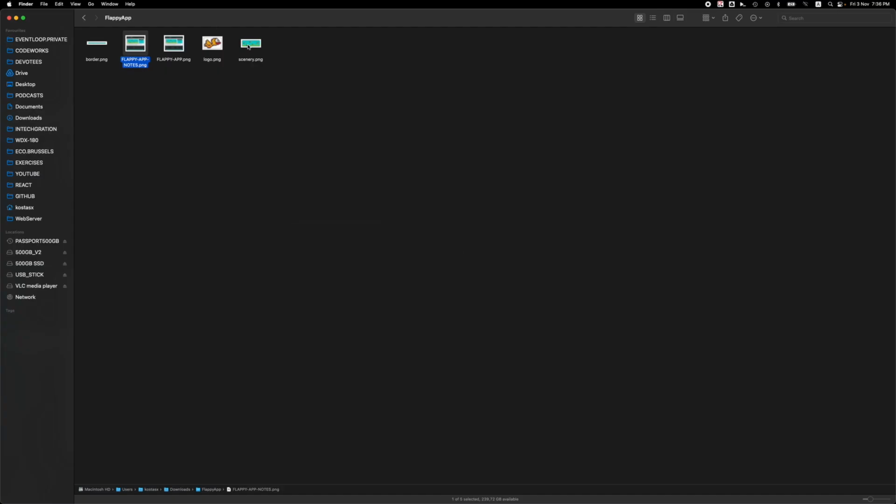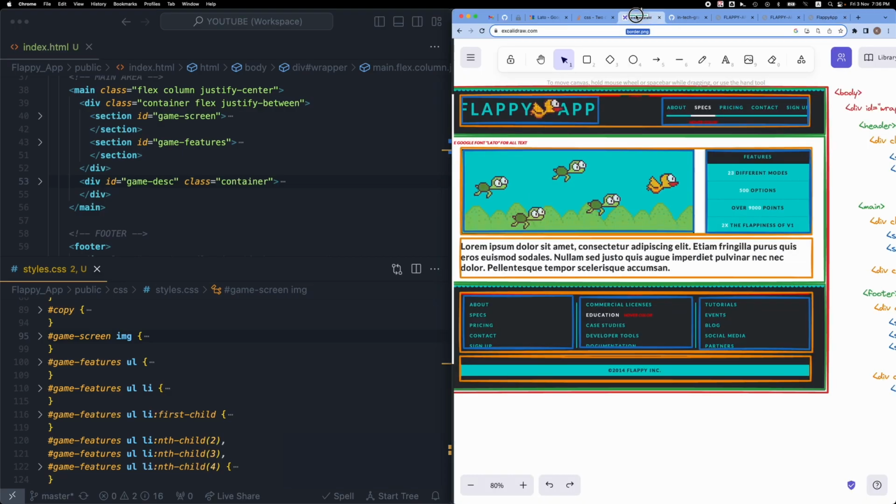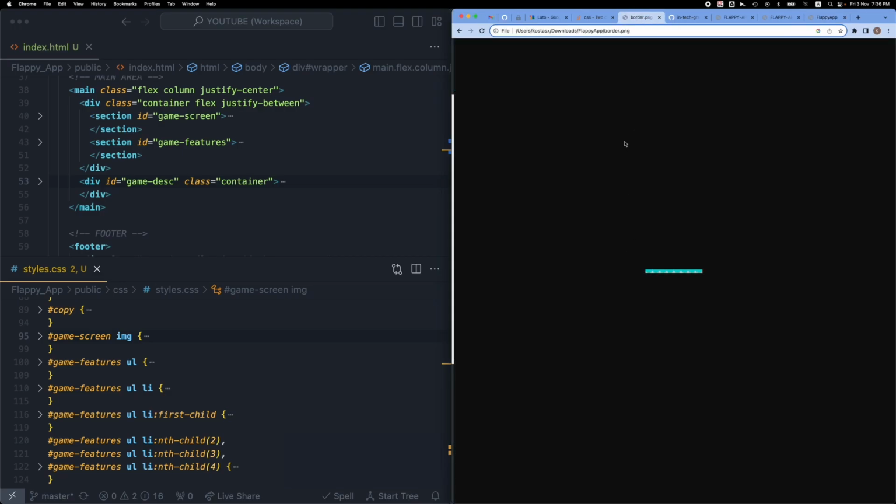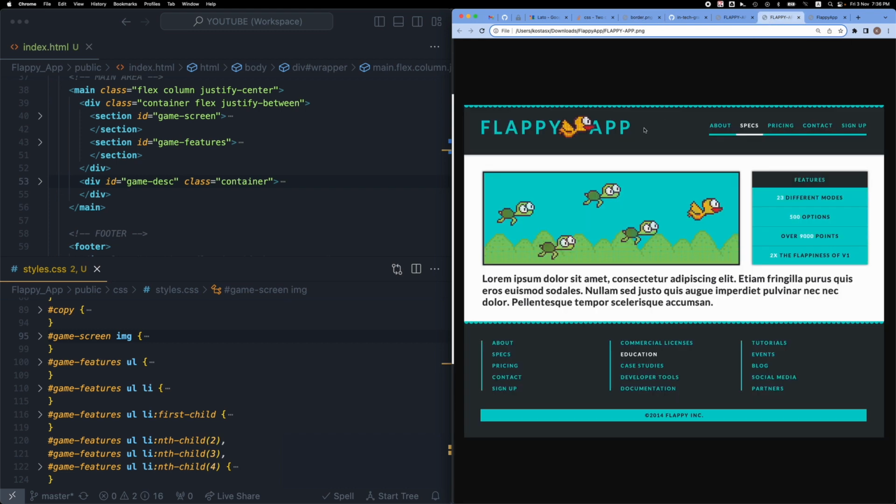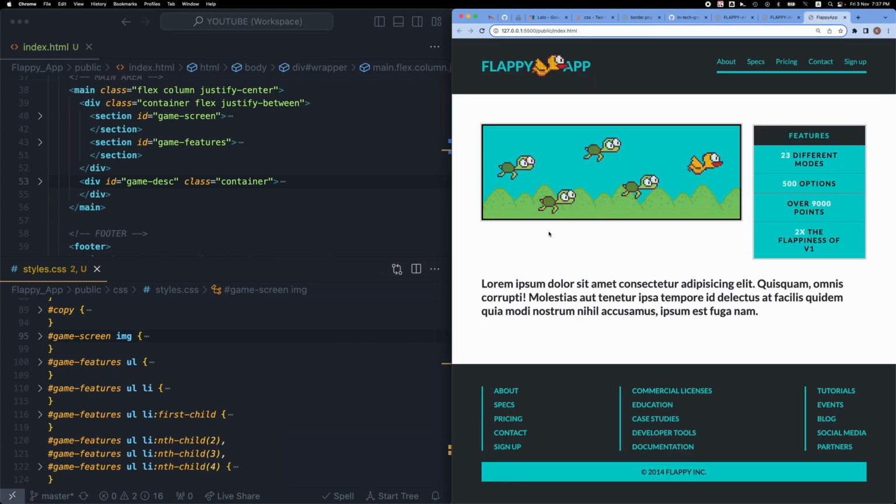Let me place the image right here. So here's the image. This is a very small PNG which has this pattern, and in the mockup we can see that this pattern is repeating at the top of these two boxes, the footer and the header. So we can easily fix this by applying a background image to the footer and the header. So I will go to the header,